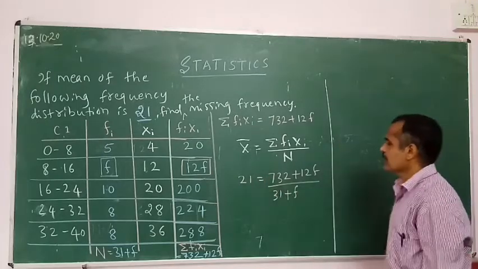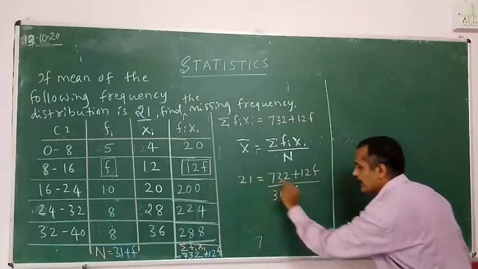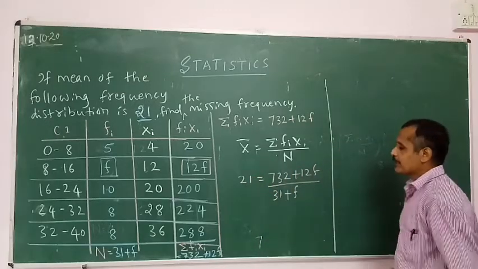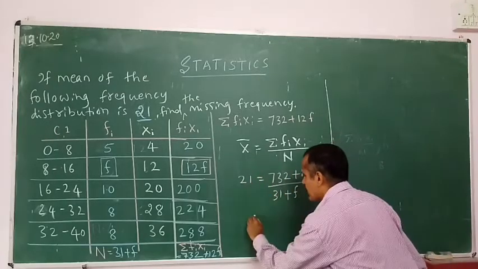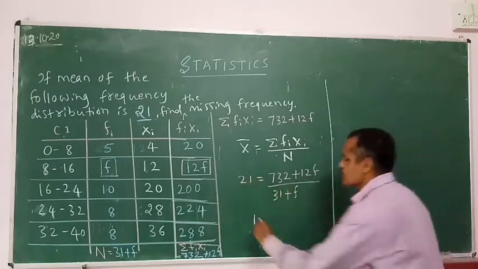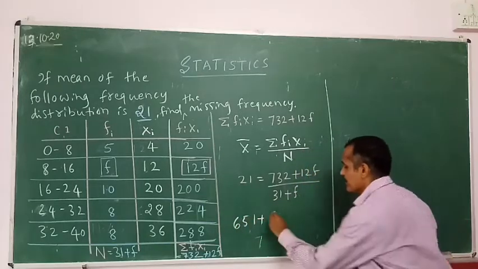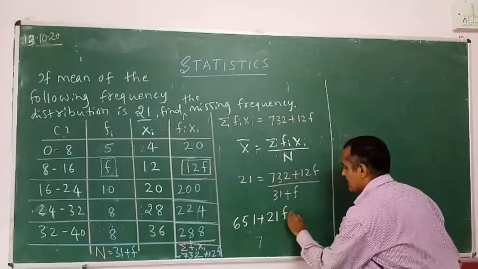Cross multiply. See, cross multiply means 21 into this, 21 into f. Both places it has to be multiplied. 21 ones are 21, carry 2. 21 threes are 63 plus 2, 65. Plus 21 into f. It is 21f is equal to